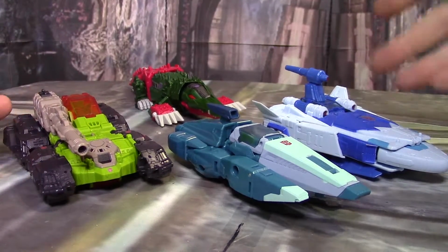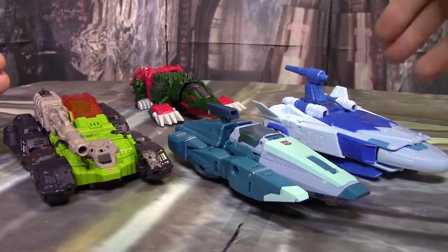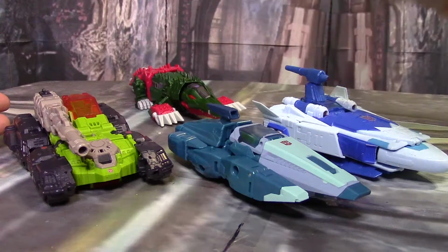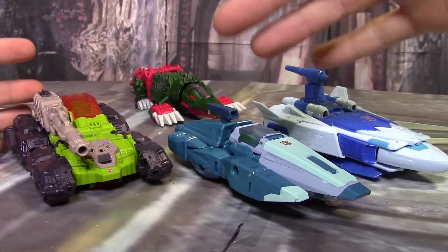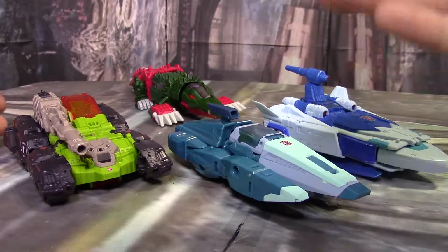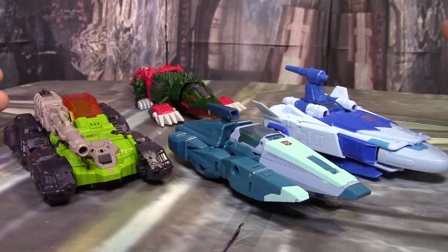So these guys actually look all about the same size and look kind of like a coherent wave, with the exception of Skull Smasher, who is a big crocodile alligator thing. He doesn't necessarily fit the motif of these guys, but the rest of them look really good together. I wouldn't really have too much of an issue putting all these guys on a shelf because I know